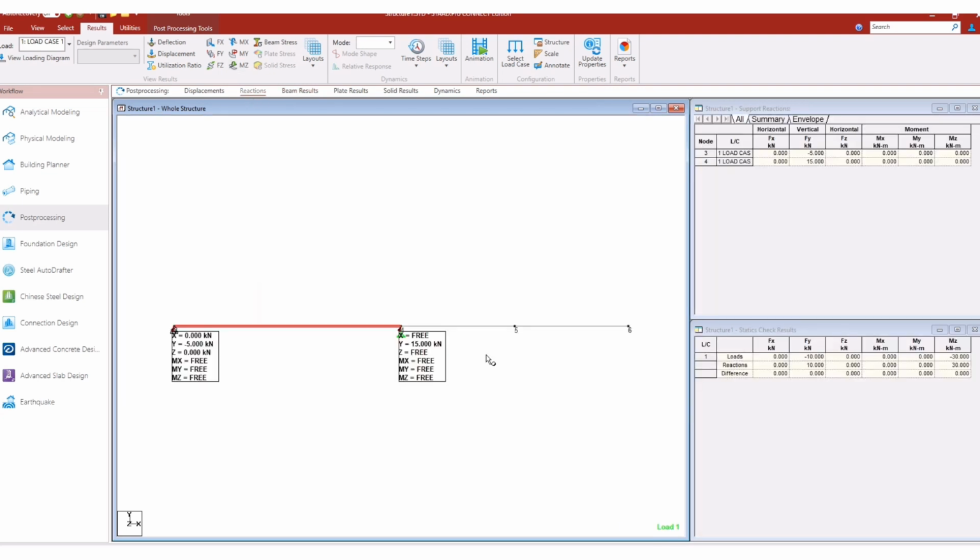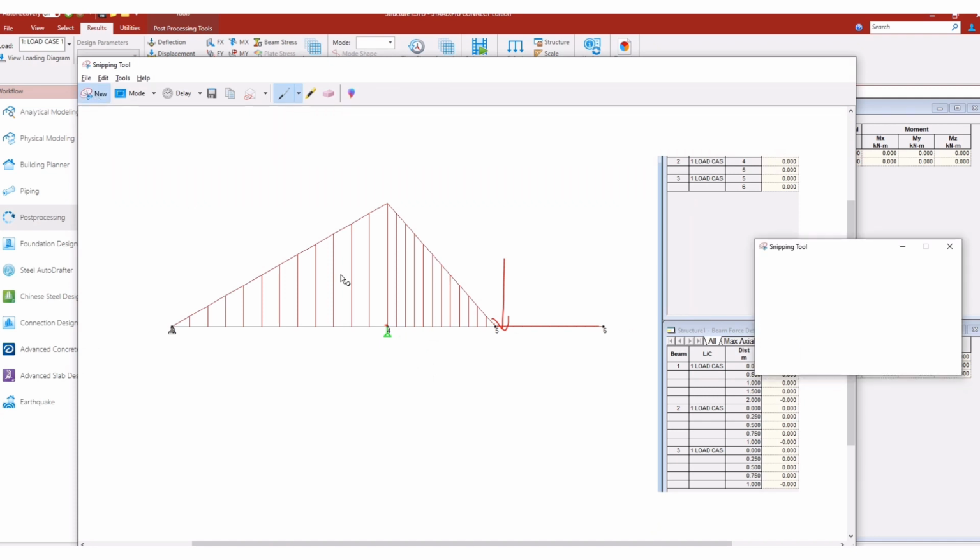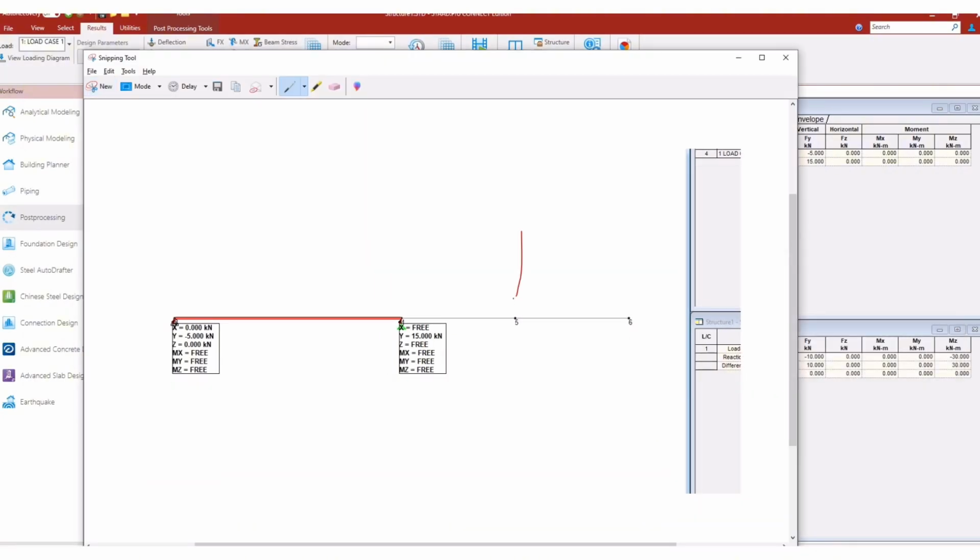And we have seen the reaction here is 15. We can see the reactions by taking a moment about this point. The load is 10 kilonewton, this is 1 meter distance, this is 2 meter distance. About this point the moment will be 10 into 3, so it will be 30, and this force VB into 2 meters distance, so VB equals 30 divided by 2, that is 15, so 15 kilonewton upwards. So for vertical equilibrium, this is 10, this is 15, so downwards it will be minus